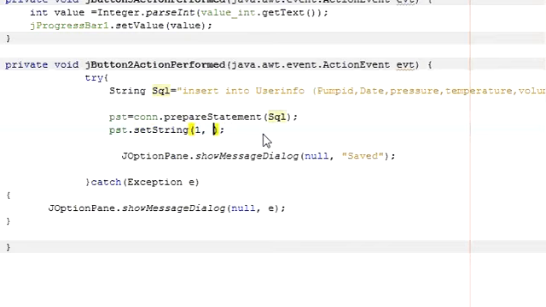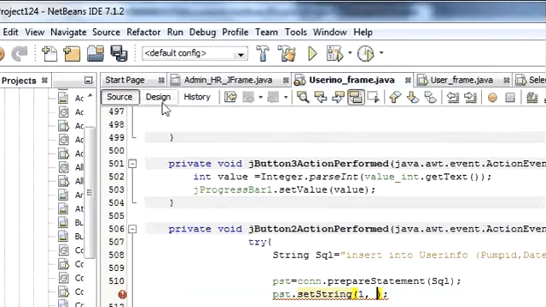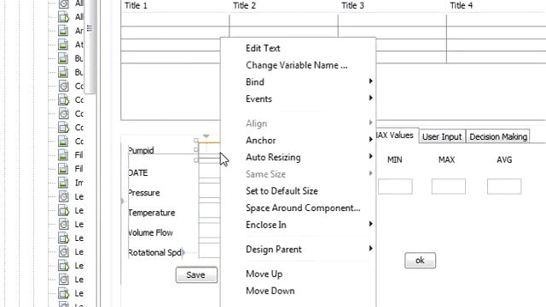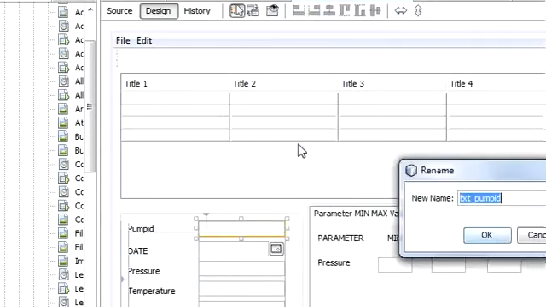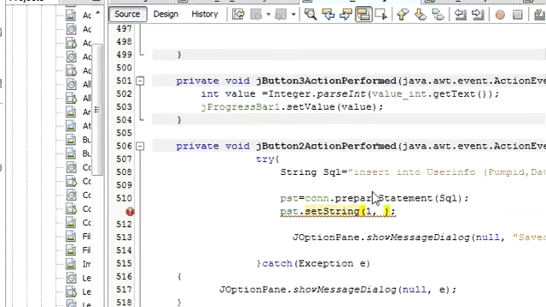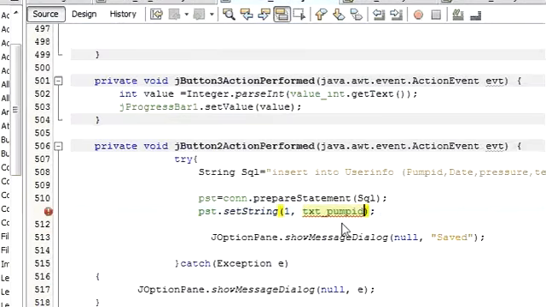Our first parameter we are taking from here. First parameter is pump ID, so copy the variable name of the pump ID text field and paste it here. Dot get text,